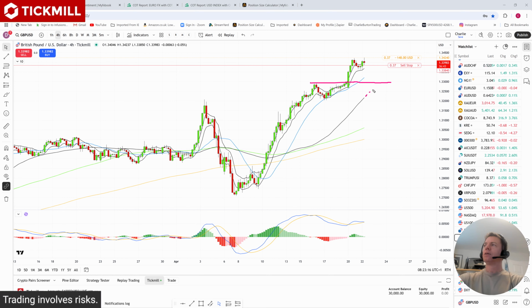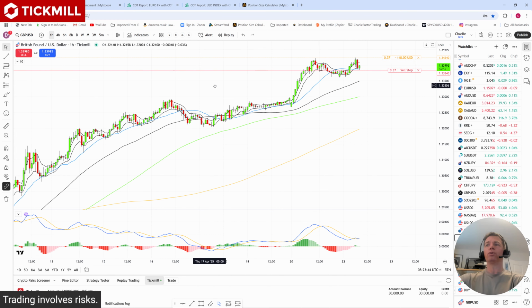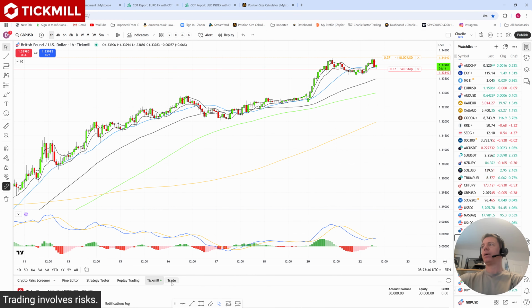But that's only once every 4 hours. So if it took its time to roll over, it may end up meeting that 4-hour 50 in that zone as well. So actually 133's got a nice overlap, and 133 would be 80 pips or so as far as the target's concerned, and it works out quite nicely because it's about 1 to 2 risk reward then, isn't it? So if I bring back the take profit,